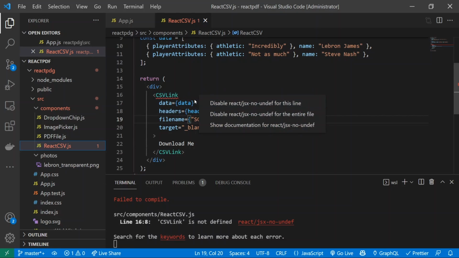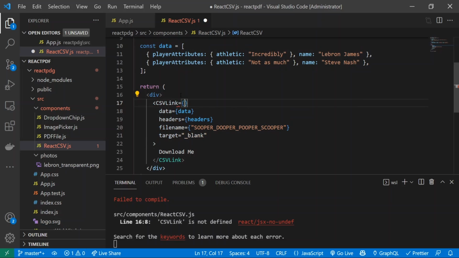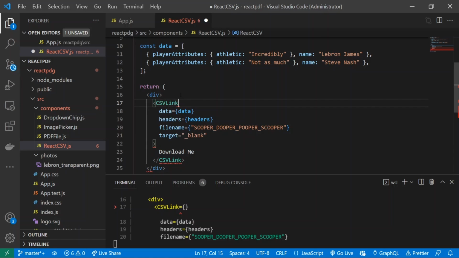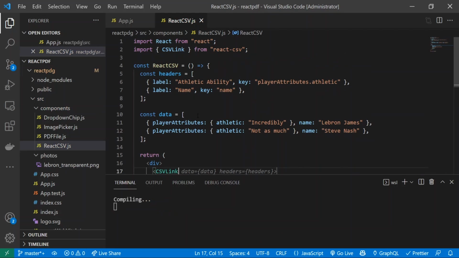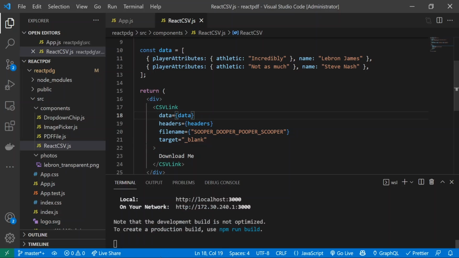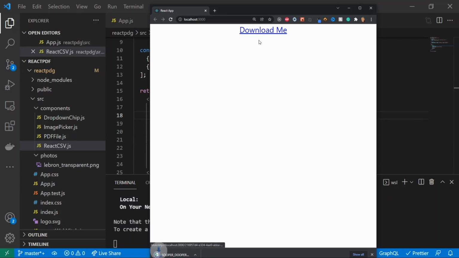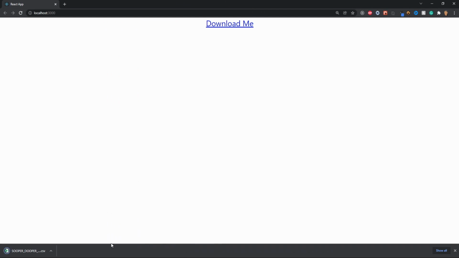Alright, we also have to import CSV link. There we go. Now it should be imported. So now if I click download me, I'll have this file created right here called super duper pooper scooper, and